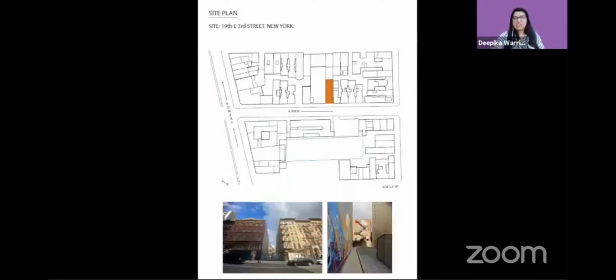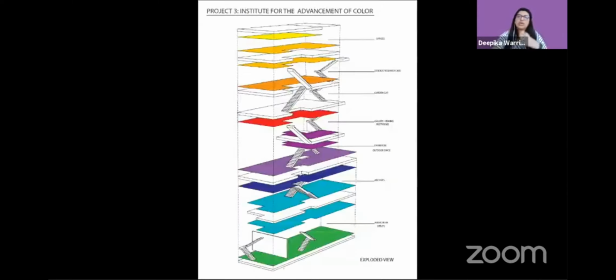This is 19th Street, 3rd Street, New York. As you can see, it's a very small lot. So this is the exploded view of my project. As you can see, these are three different families, blue, red, and yellow, having a gap in the middle, a neutral gap. So what I started doing is making the tertiary color sandwiched between the primary and the secondary